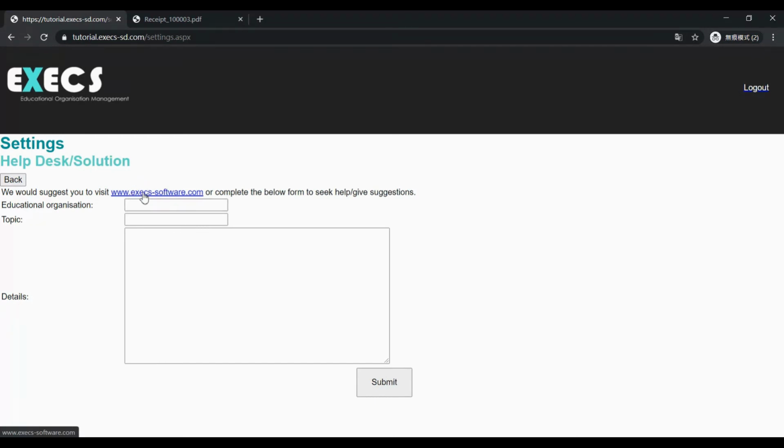The next thing is help desk suggestion. You can go to help desk and fill in your organization name and topic and the details of any problem you encountered. If you see a bug page, please send it to